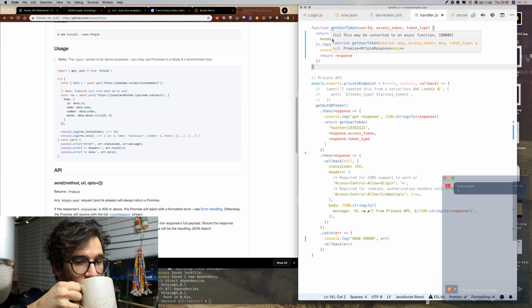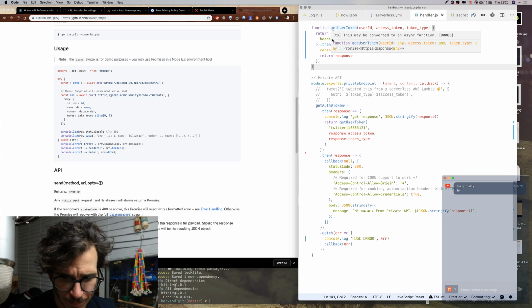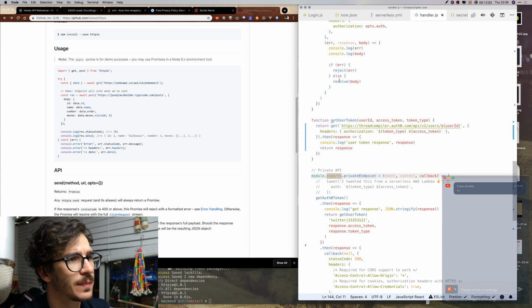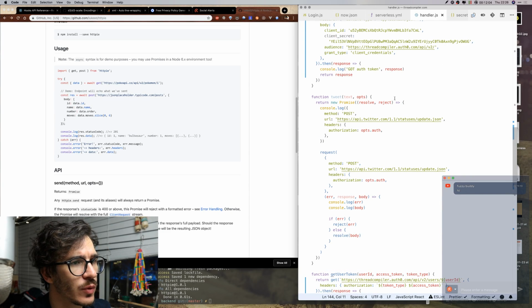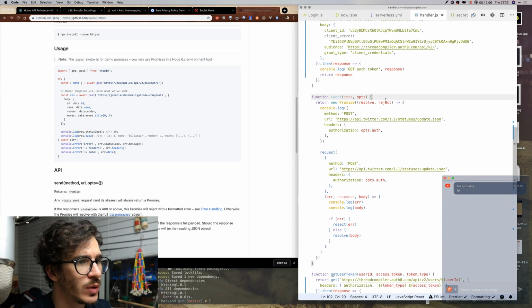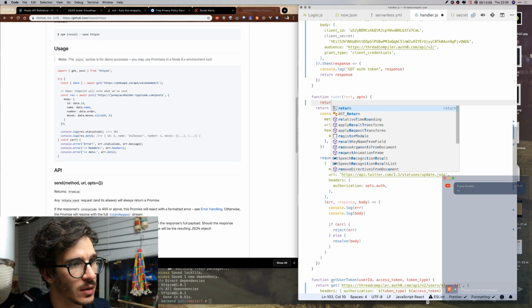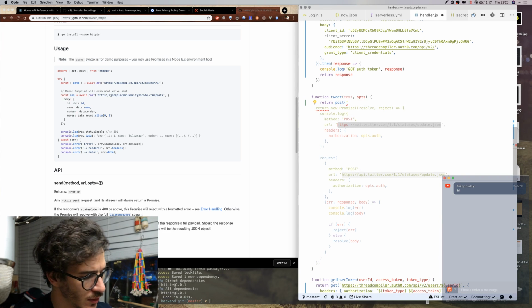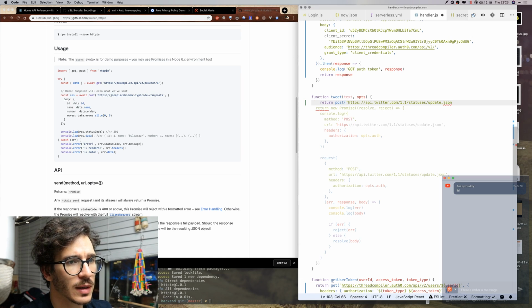Wow, that is loud. Cool. So that's that. So get user token, and then we can change the tweet function as well. And the tweet function is going to say post to HTTPS Twitter JSON, like that.